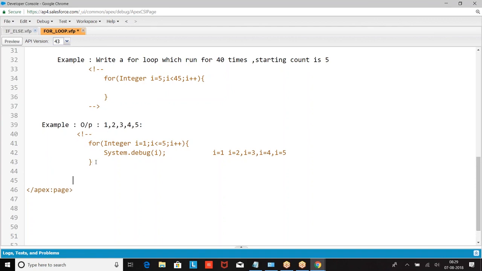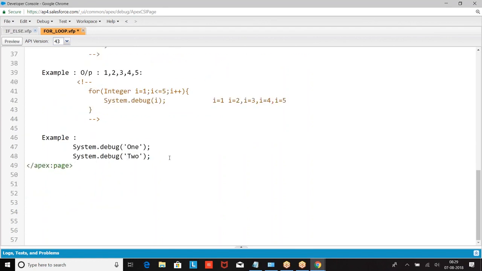Now, to understand this operation carefully, look at this. What exactly is the purpose of a for loop? Try to understand this. I'm giving System.debug 1. If I write System.debug 1 and 2, what is the output I'm going to get? 1.